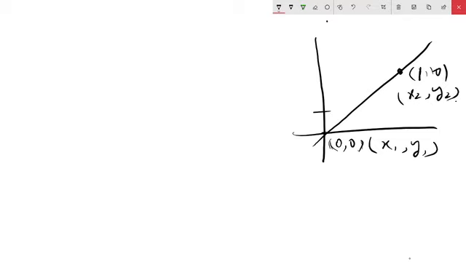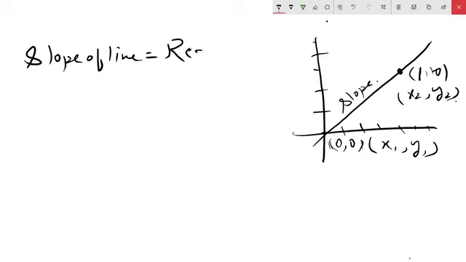Okay, and the values of voltage and resistance are on the x and y axes. Now, as we know, if we find the slope of this line, using the two points of intersection, we will get the resistance value. So the slope of the line will give you the resistance value. This is basic maths, straight lines and coordinate geometry, which you all learned in class 11 and 12. So that will give you resistance.